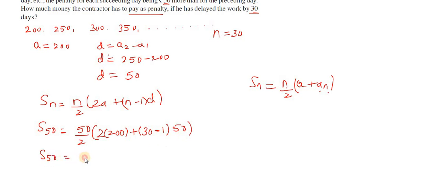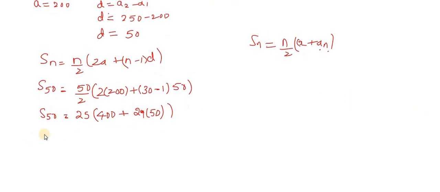S30 is equal to 30 by 2 is 15 into 2 into 200, that is 400, plus 29 into 50. Okay, if we simplify this further,